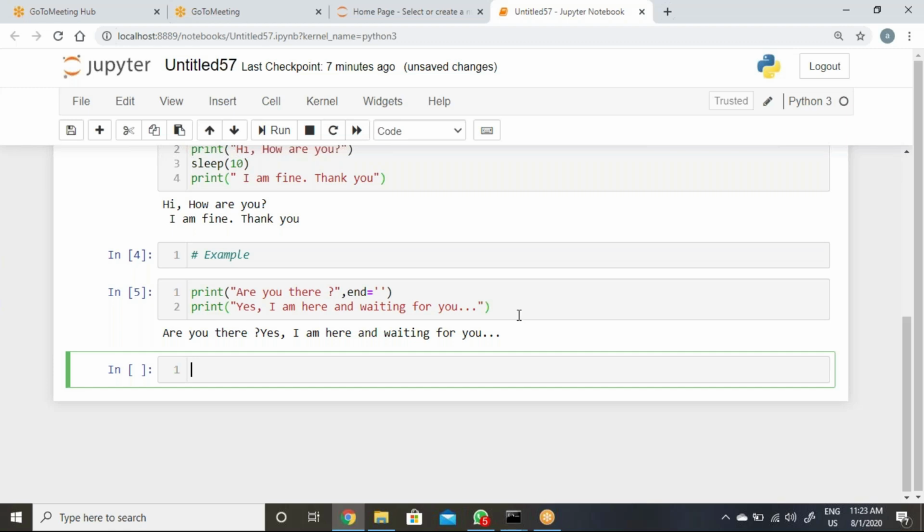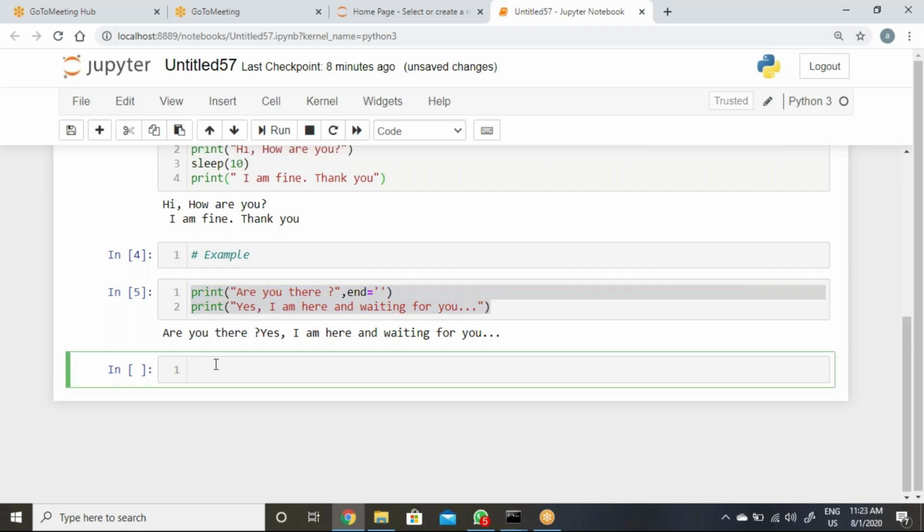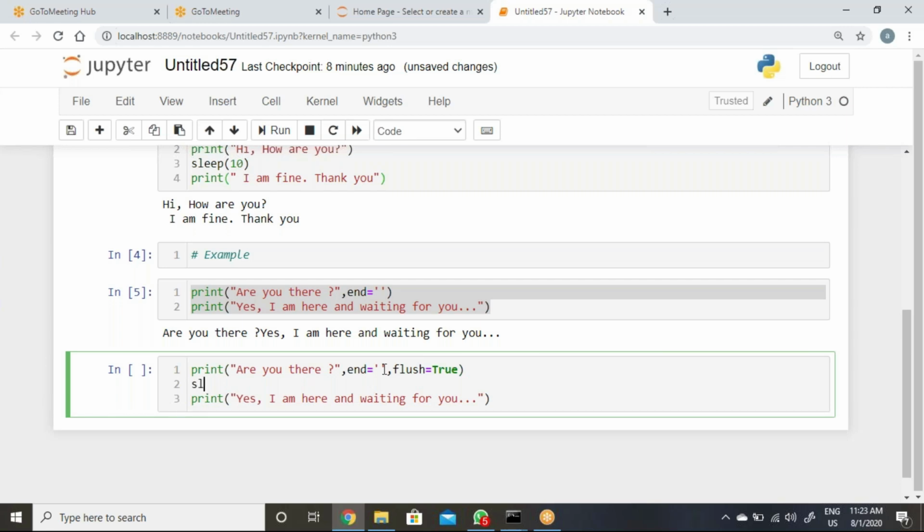Now if we use this flush parameter and use sleep, then you can get to know how this works. So here we need to use flush equal to true. You can go with this method also, not a problem. Then here you can use sleep of 10 seconds.